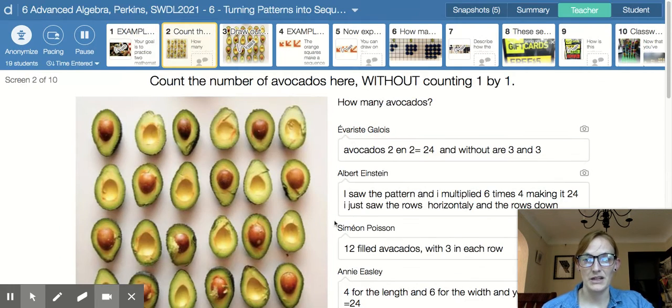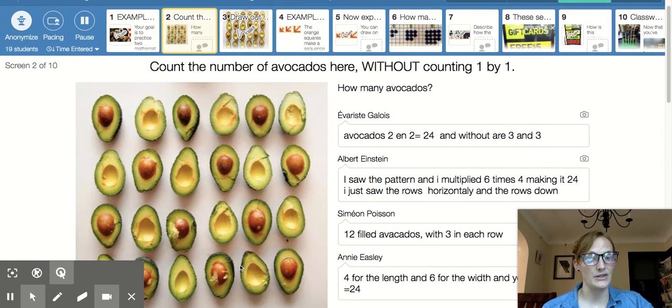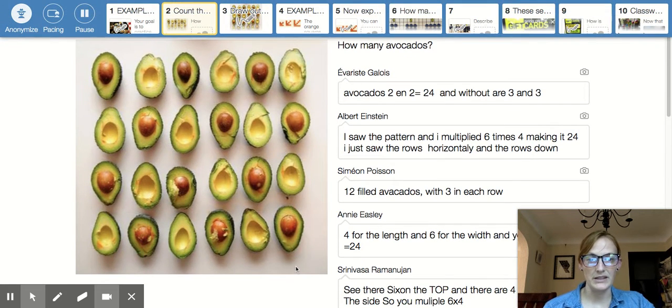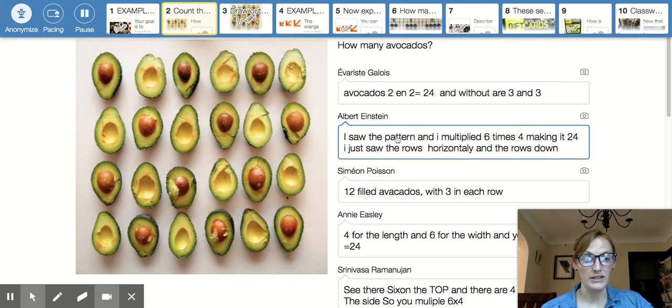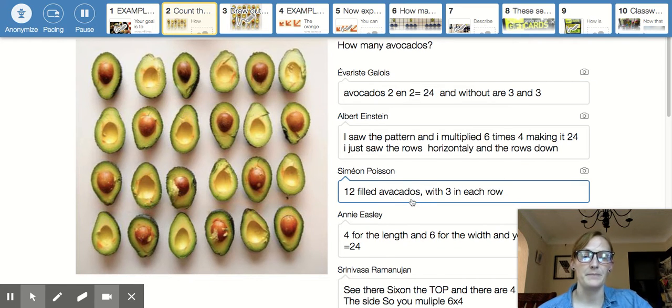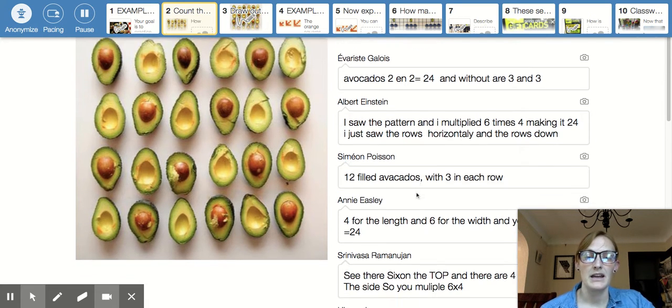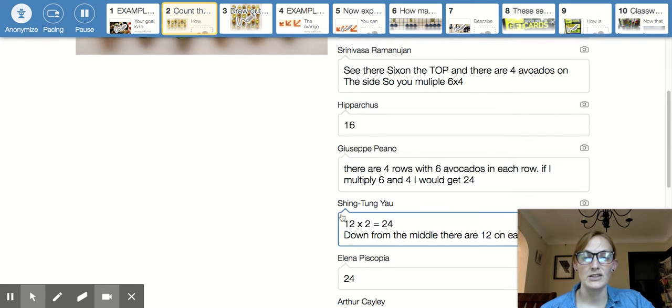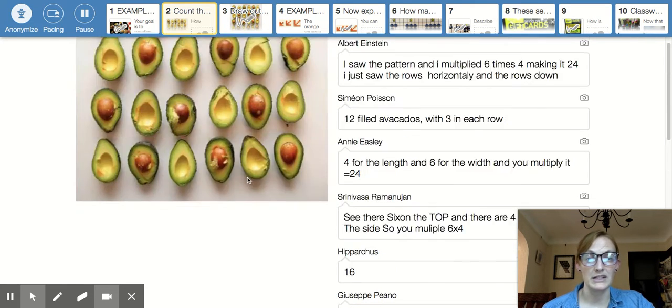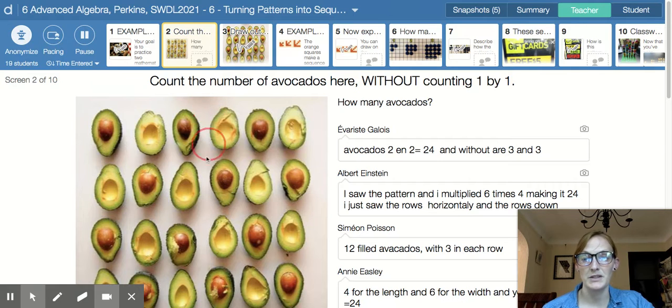The next thing we moved on to was counting these avocados. And there's a bunch of different ways. And your goal was to count them and describe in words how you could count them. So in this case, one person said there were 12 filled avocados with 3 in each row. So they're saying there's 3 that have pits here, 3 that have pits here, 3 and 3. So that's 4 groups of 3. Some people said 12 times 2 down the middle. There are 12 on each side. So if you drew a line straight down the middle, then you'd get 12